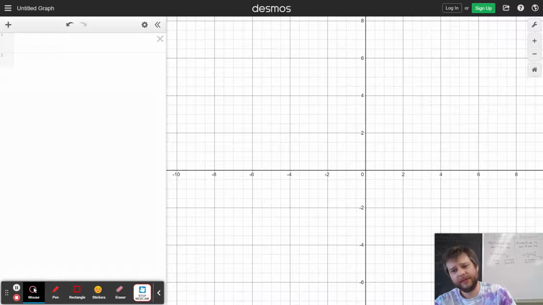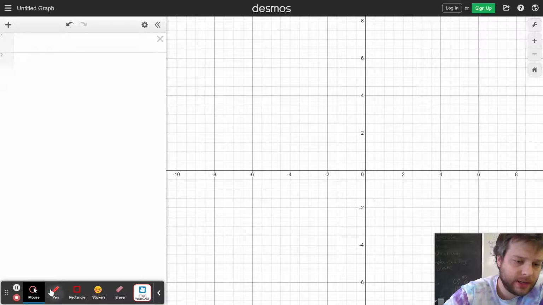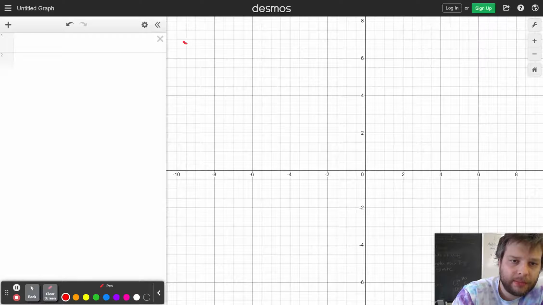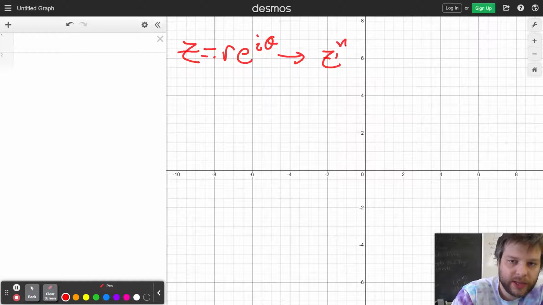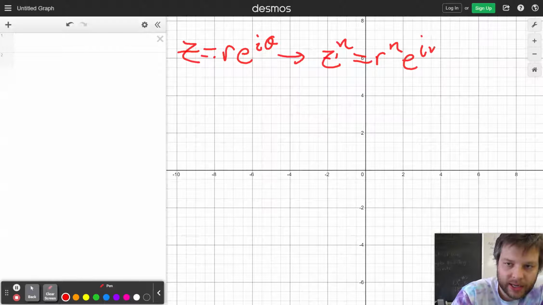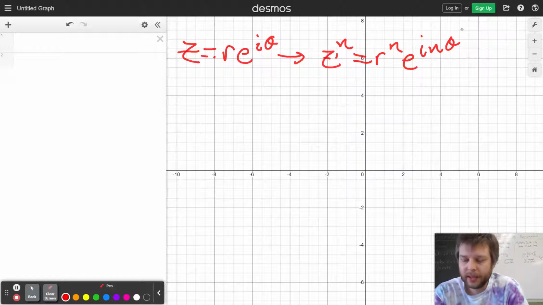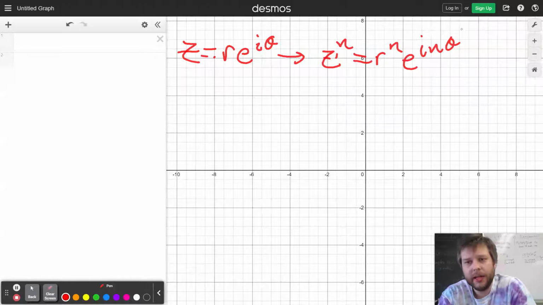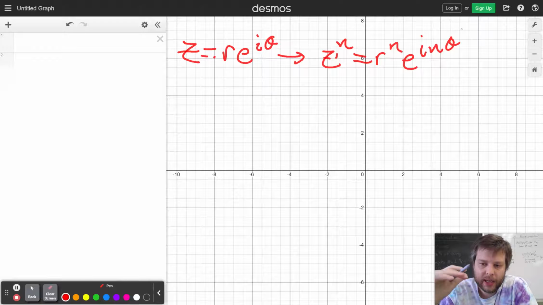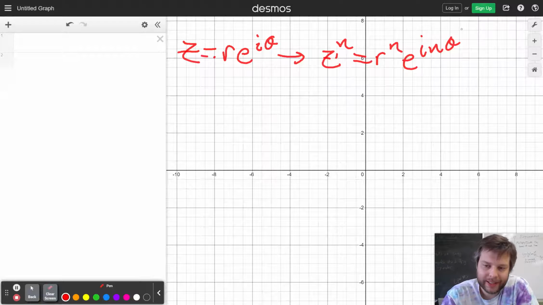So in the previous video, I talked about the version of De Moivre's theorem, which states that if z is r e to the i theta, then raising it to a power is r to the n e to the i times n theta. And I think that makes sense when you understand that multiplying just rotates and that it will extend by r. And then there's this other idea, which is taking the root and how you can actually always get